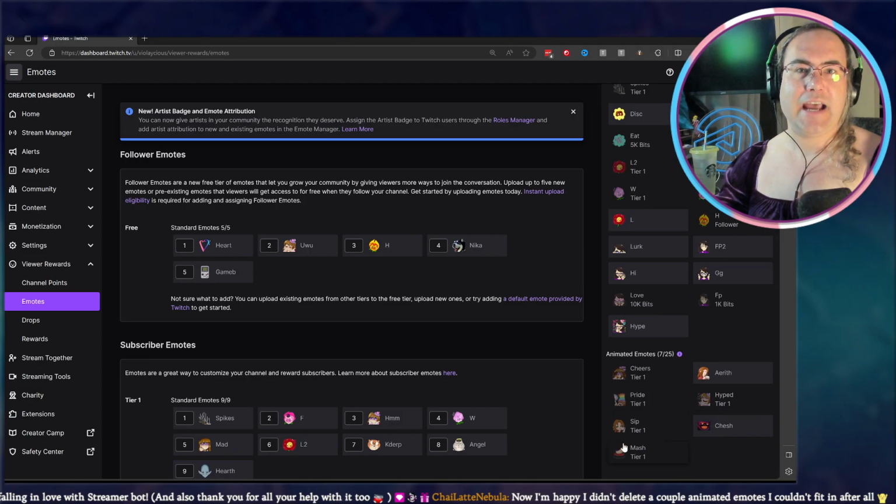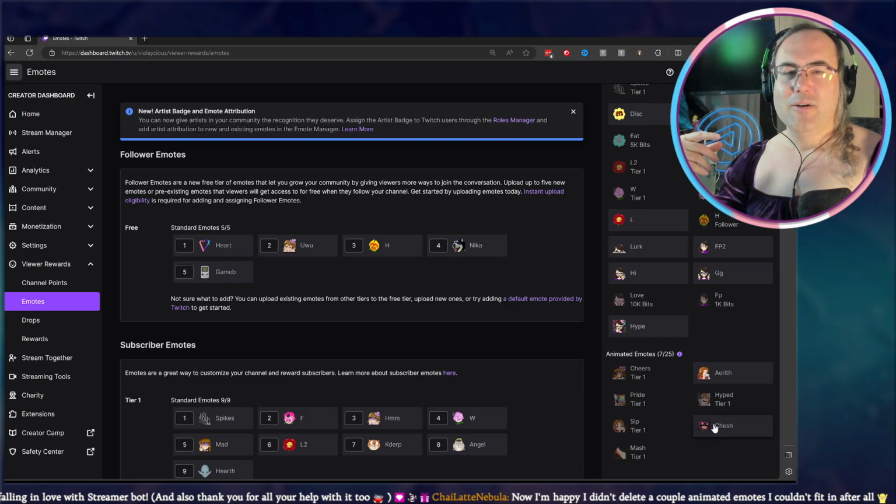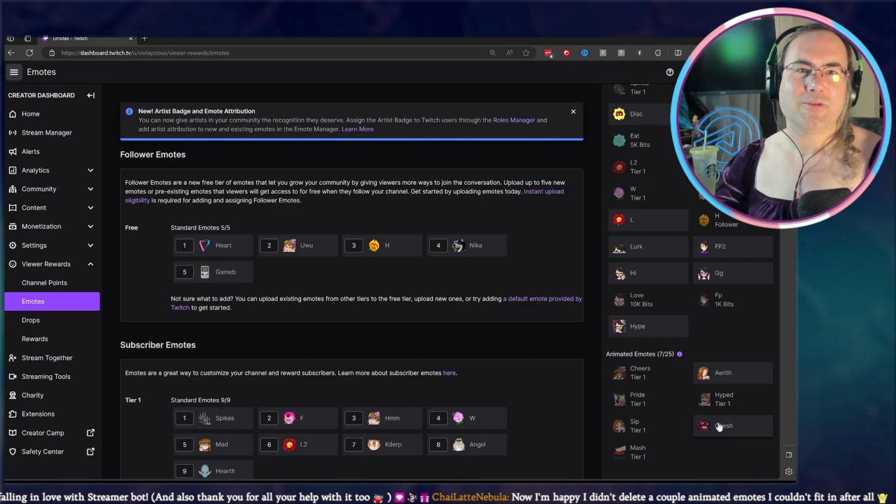So you can see that I actually have both of the versions of Aerith Sip, the more human looking and the chibi looking versions. And then I have the Cheshire Cat, which is actually a board game and is the RGB for my computer just flashing on the foil of a board game that I thought was really cool. So that was my original first animated emote.